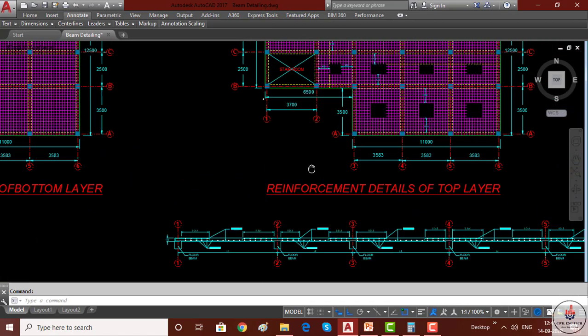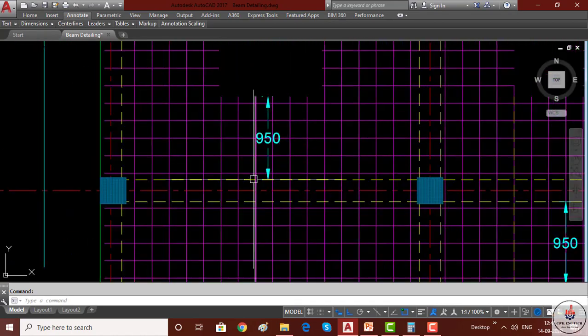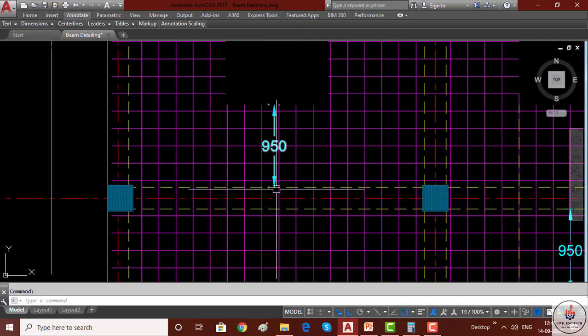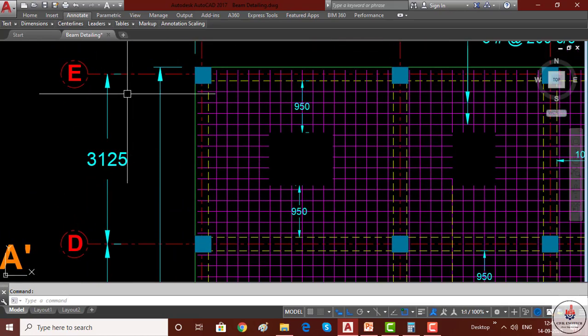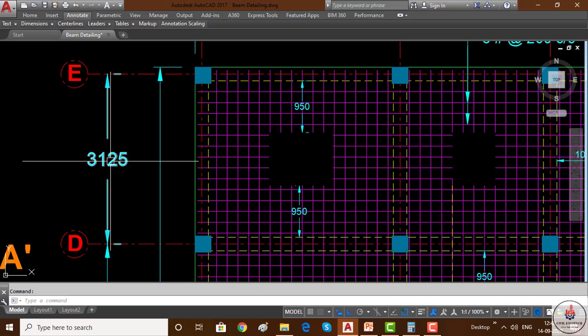You can see it in the plan also. We have provided the reinforcement length from the face of the beam, but the span length is from the center line, from grid to grid. Okay.